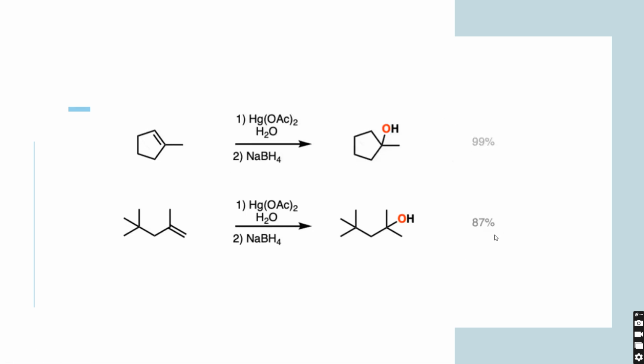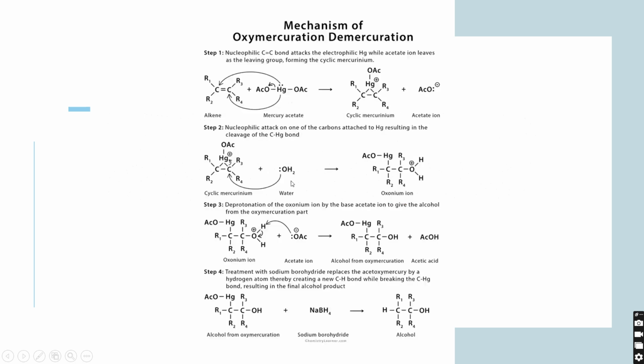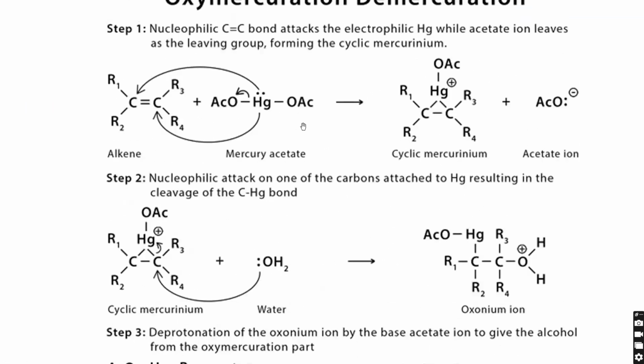Then we have a question from oxymercuration demercuration part. Okay, let us see how carbon-carbon double bonds can be oxidized into alcohols in presence of mercury acetate. Okay, and in the second step, the workup is carried out in presence of sodium borohydride. So in oxymercuration demercuration, at first the mercury acetate reacts with the carbon-carbon double bond to give us a cyclic